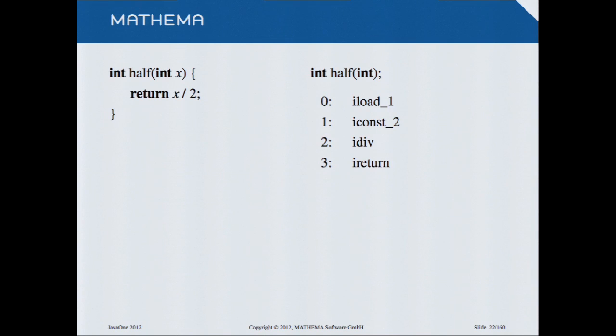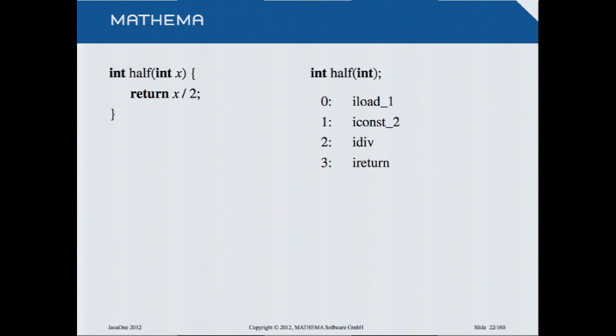If we translate this, we will see that the main things stay the same. So we have the signature above, it's the same. And it will be encoded in some manner, which is not very interesting, but necessary if you have to deal with bytecode. And you see here the bytecodes. So it says iLoad, which means that the int will be loaded from the position 1. I will show you in detail in a short moment.